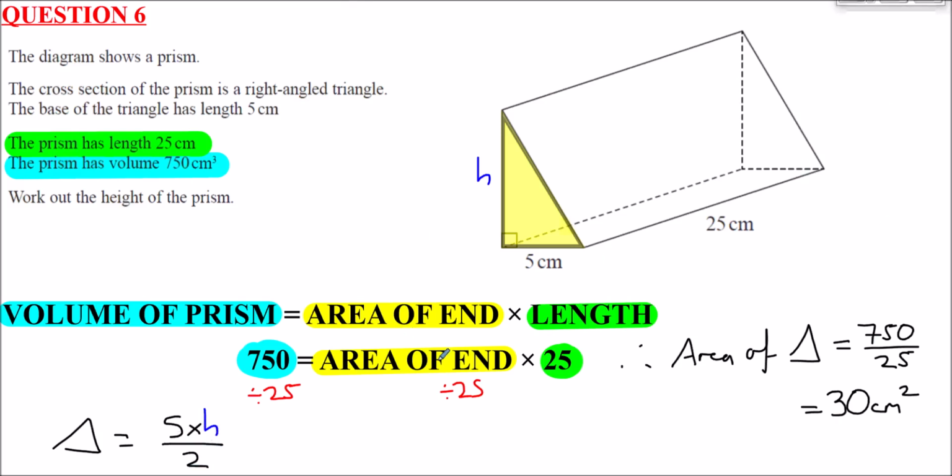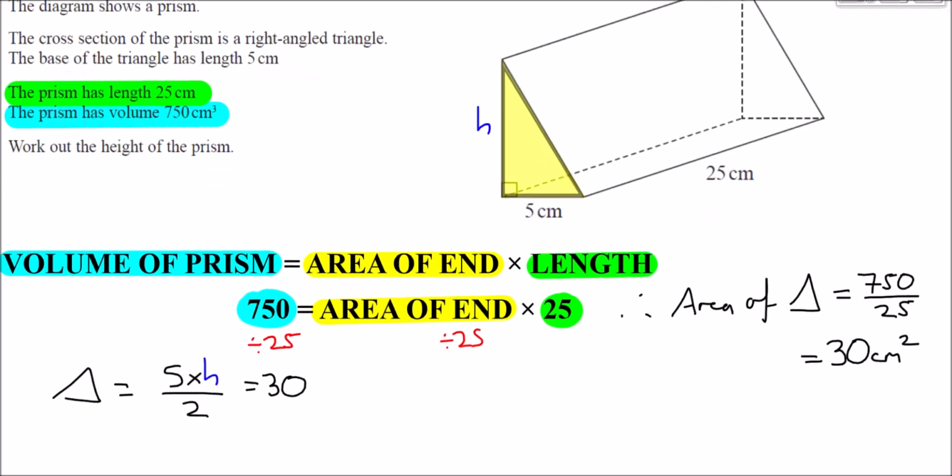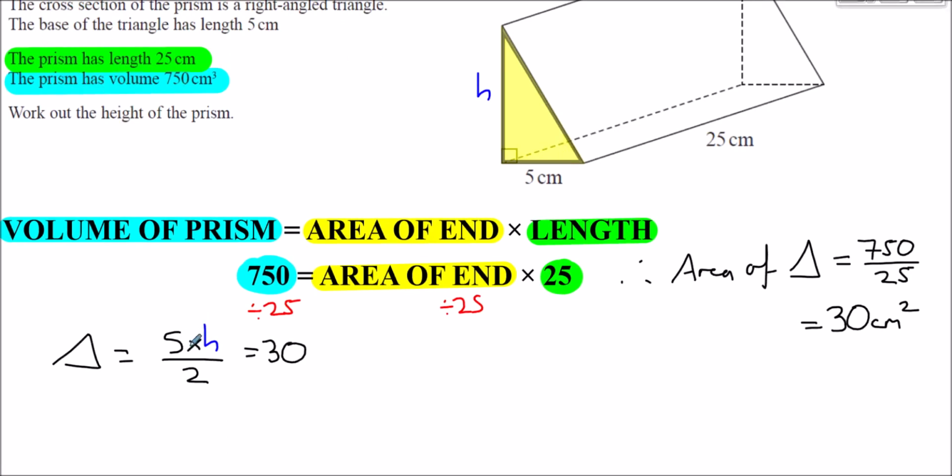But we now know that area is 30 because we worked it out by rearranging this. So all we need to do now is to rearrange this new equation to find what the height is. So I want to have h as the subject, to have h on its own. So I'd suggest to get rid of that dividing by 2 by multiplying both sides by 2. We then get that 5 times h, that dividing by 2 has disappeared, will equal 30 times 2, which is